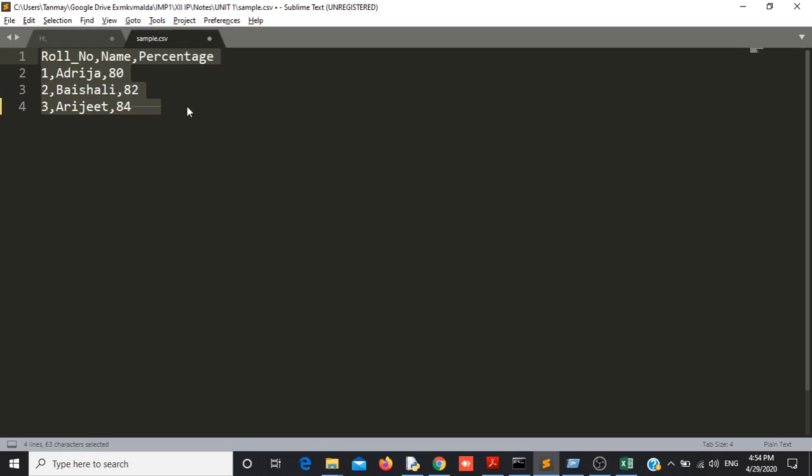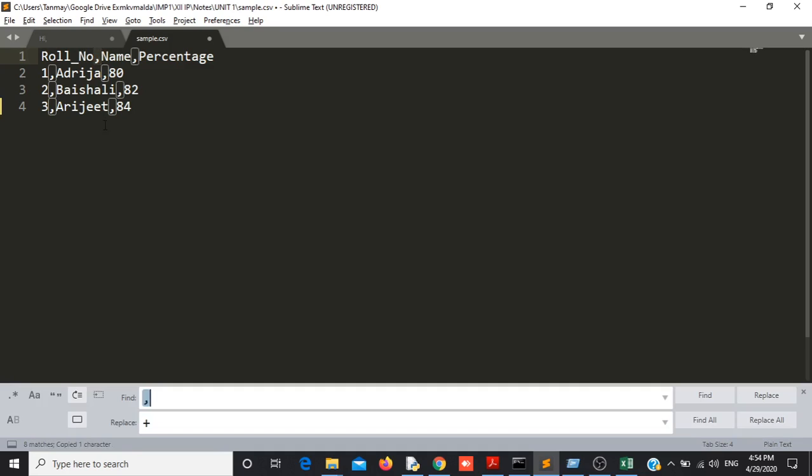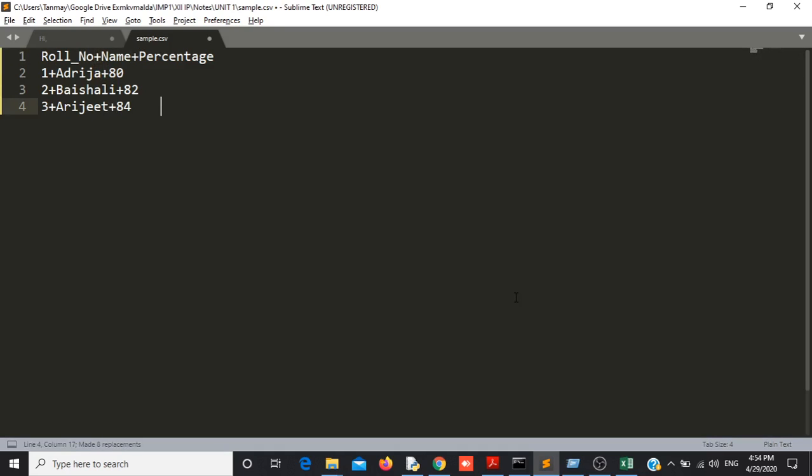Let's assume some file does not have comma separated values, it has values separated by a plus symbol. See, now I have created a file that is separated by a plus symbol. In that case, if I want to create the data frame, how can I create it? So I have changed it to plus